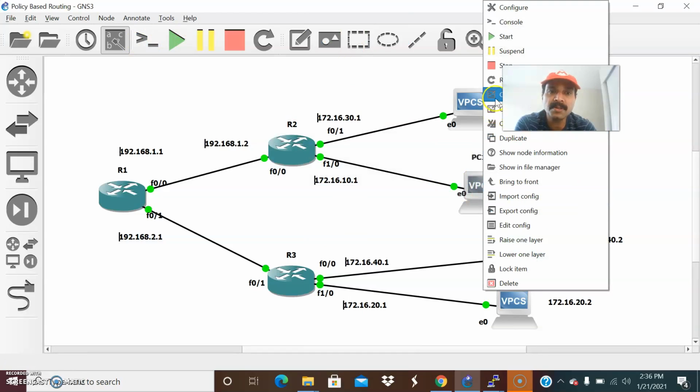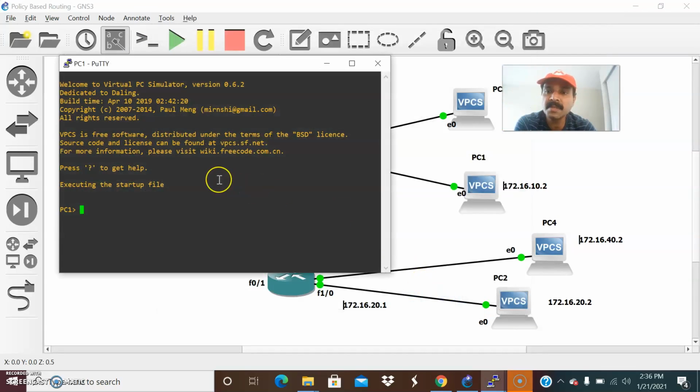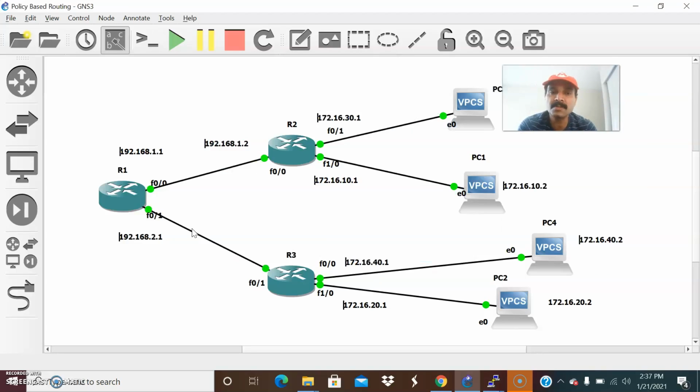So now let us configure it again. So I can show you how to configure a PC. So go to the putty and click OK. So now how to do IP: 172.16.10.2/24 172.16.10.1. So this is the way we can assign the IP address, this is a 24-bit mask and the gateway, right? Then we can save the configuration. So we are done with this.